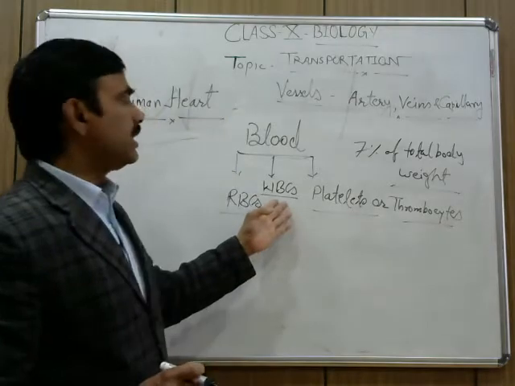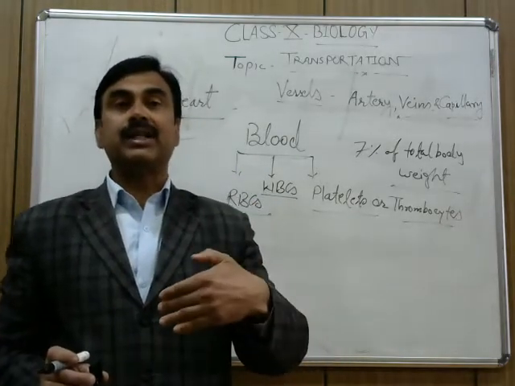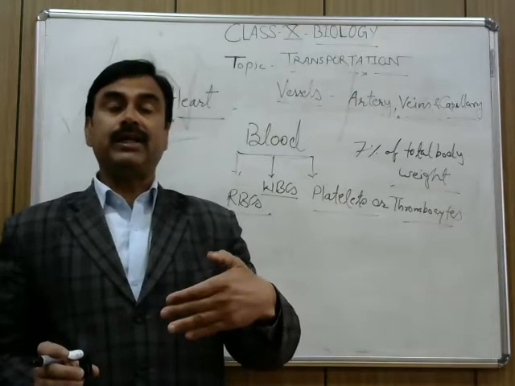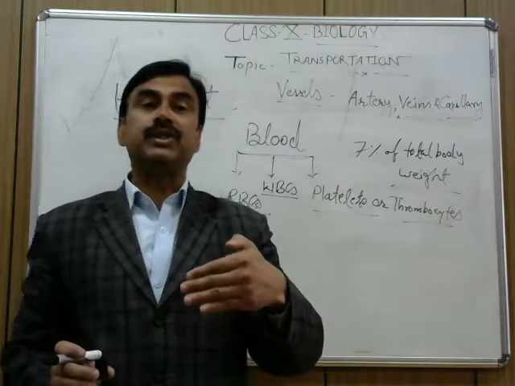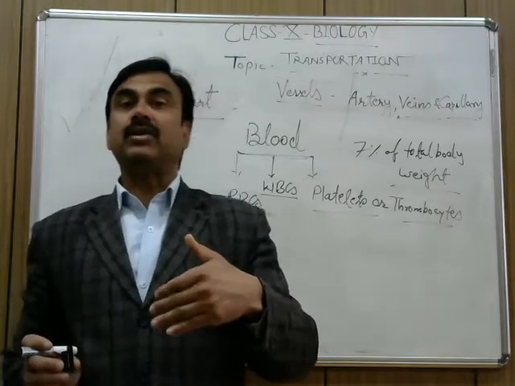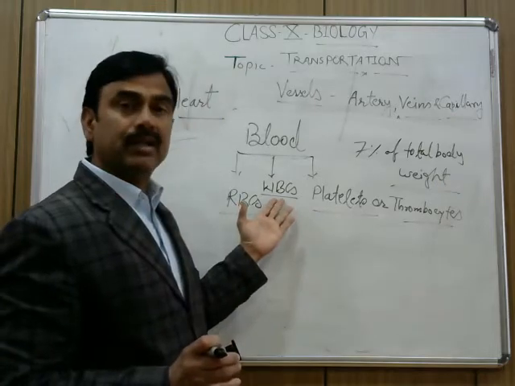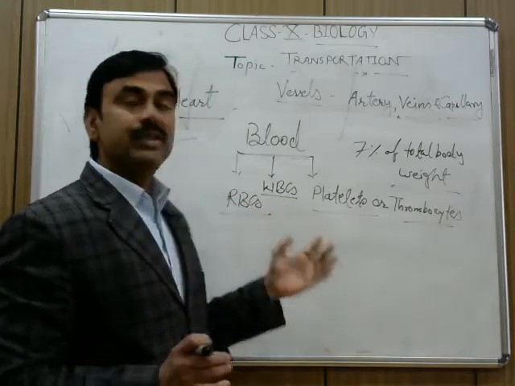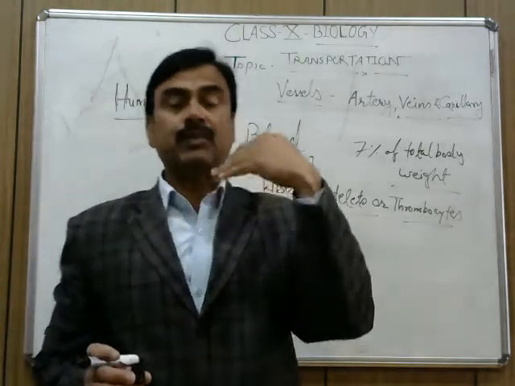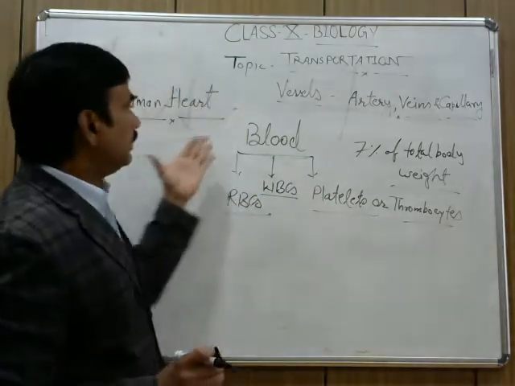The second one is WBC, which is again divided into granulocytes and agranulocytes. Granulocytes are divided into eosinophils, basophils, and neutrophils, and agranulocytes are divided into lymphocytes and monocytes. So there are 5 subtypes of the WBC. We will not go into the subtopics because in your syllabus it is the functions of